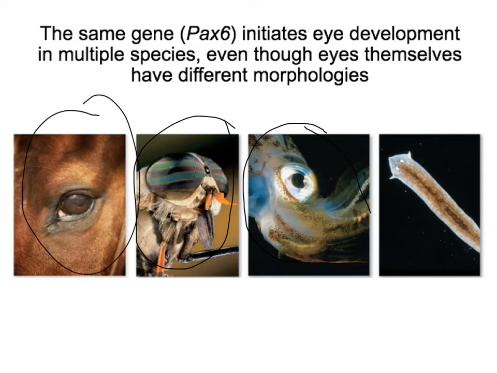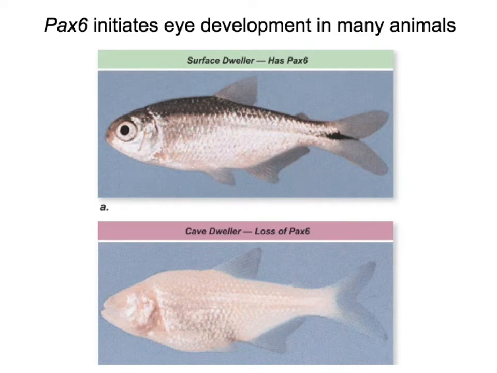But now, looking at the genes that regulate the expression of eyes in those groups, we now know that actually eyes evolved in the ancestor of all animals, and different changes in the eye have been modifications to that original eye structure. And we know this because the same gene that initiates eye development is the same gene for all the species. This is an example of the PAX6 gene regulating the expression of eye development in multiple species. So we've seen how it regulates it in invertebrates and also vertebrates. And this is an example of